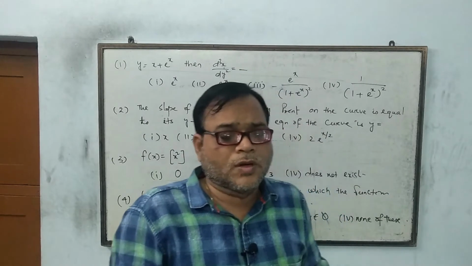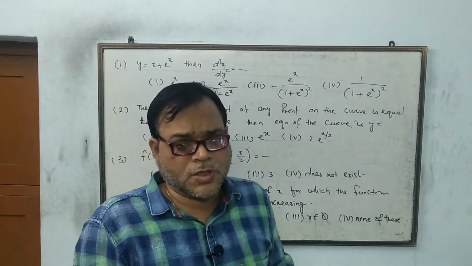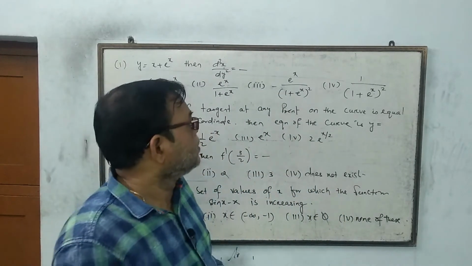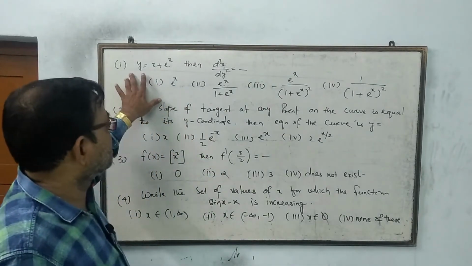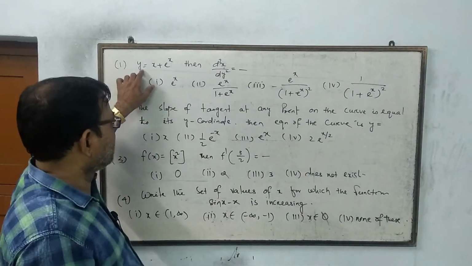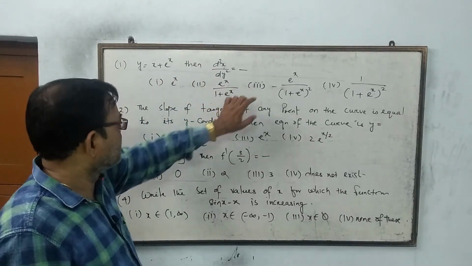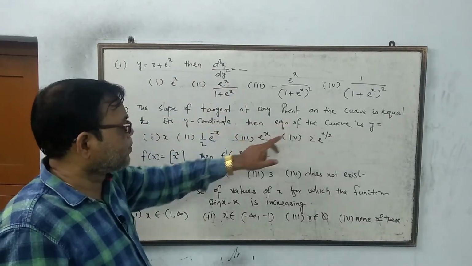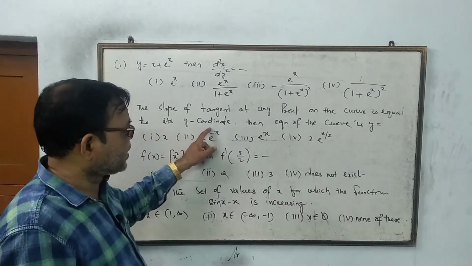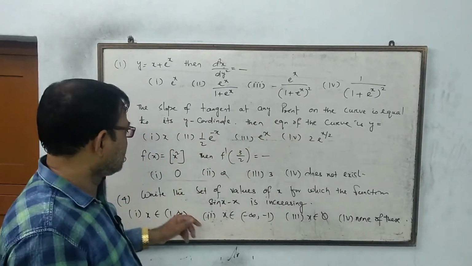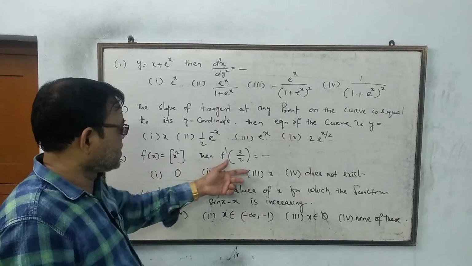Today we are going to have some multiple choice questions. The questions are like this: y equal to x plus e to the power x, then d square x by dy square equal to dash. The slope of the tangent at any point on the curve is equal to its y coordinate, then the equation of the curve is dash. F of x equal to x square, then f dash of 3 by 2 is equal